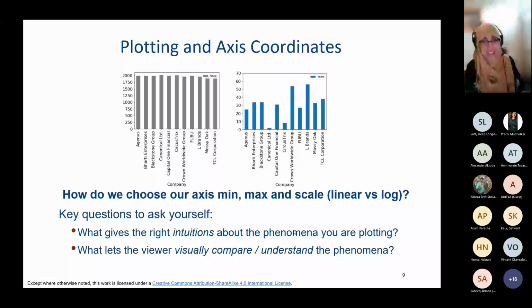So key questions to ask yourself when you're choosing your axis minimum and maximum scales: what scale would give us the right intuitions about the phenomena you are plotting, and what lets the viewer visually compare and understand the phenomena. If you're having too large of a scale, this might lessen the impact. It may seem that your bars are quite low, and if all of your ranges are quite varied, it may also be difficult to balance and get your accuracy